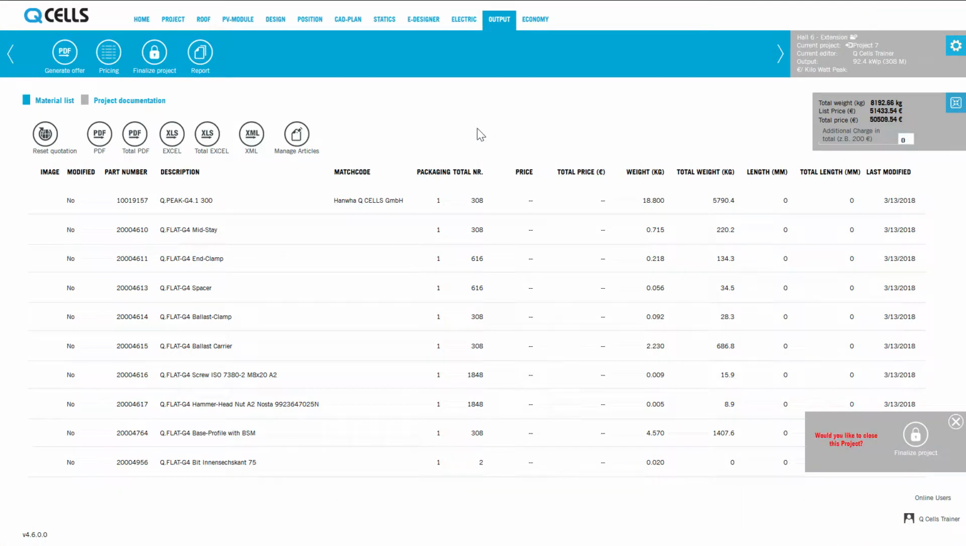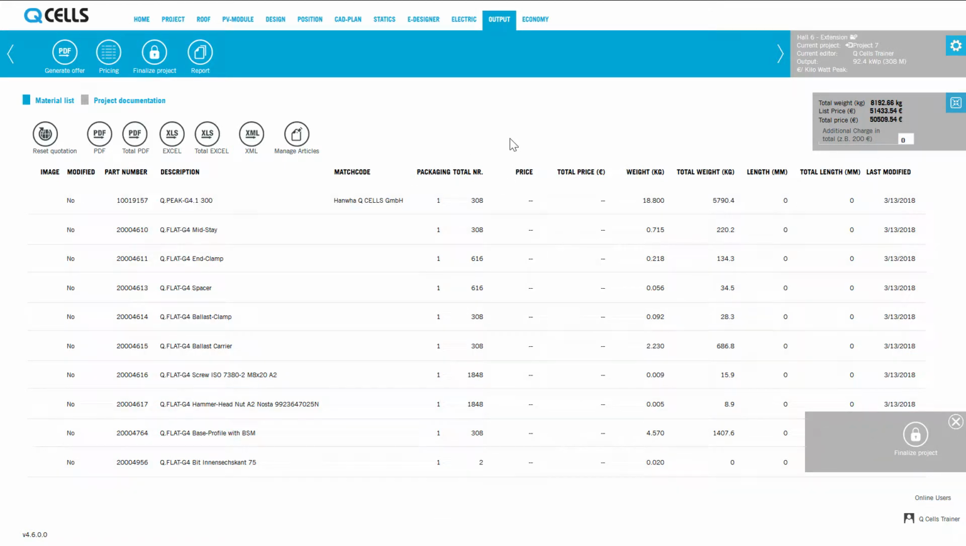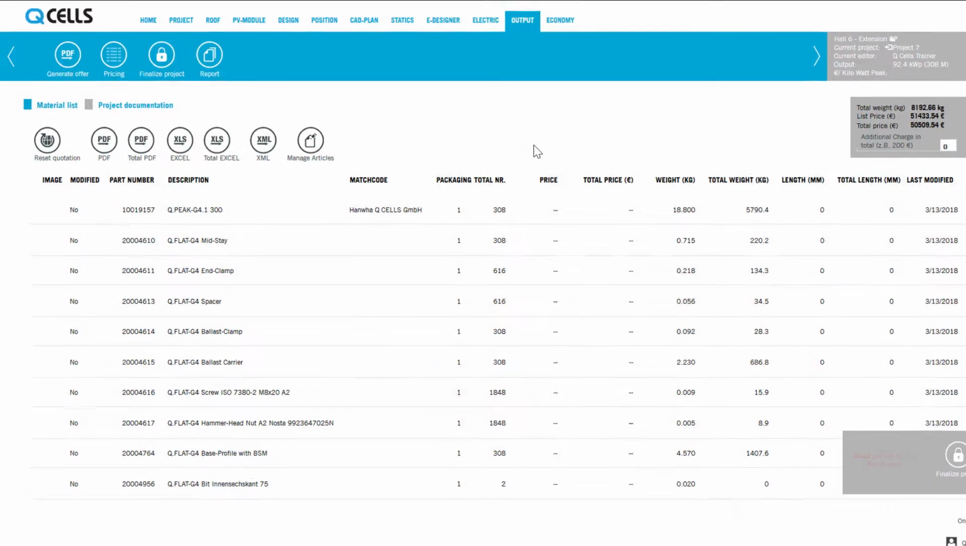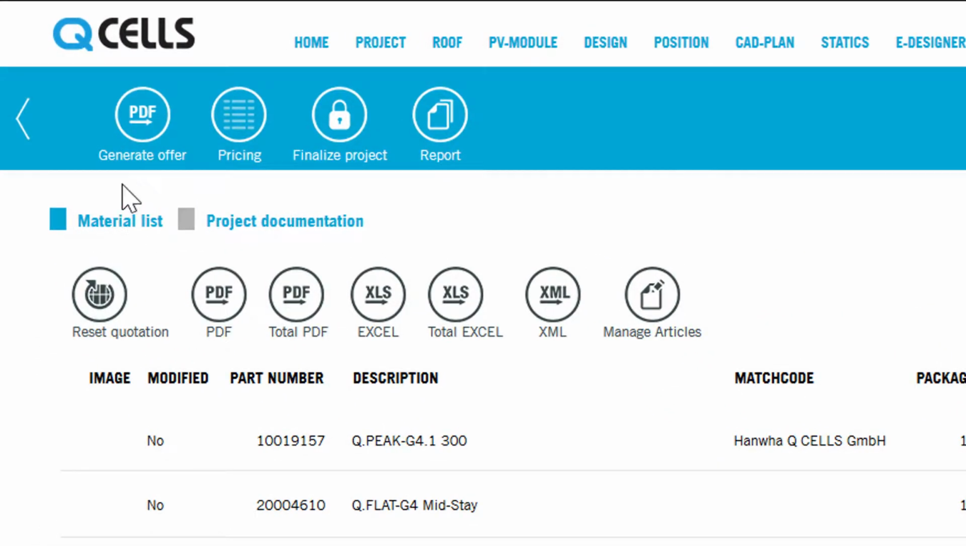In Output, you see the material list, which contains the appropriate quantities of all articles for your quotation and for the execution of the project. You will find the following buttons in the ribbon: Create Quotation, to create your own quotation directly; Pricing, to adjust